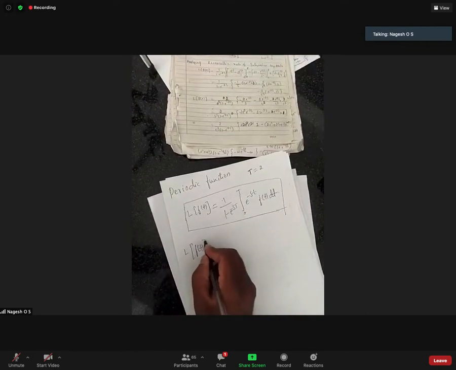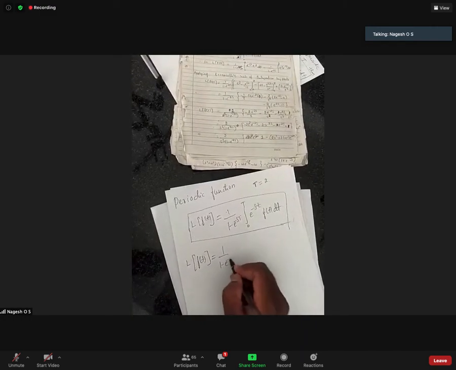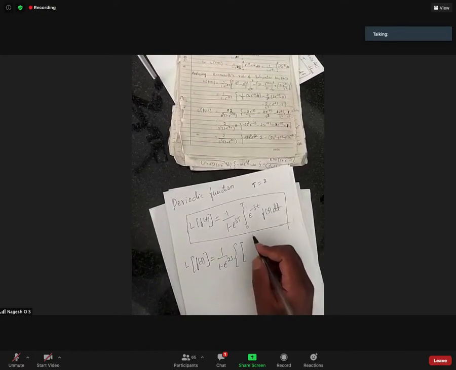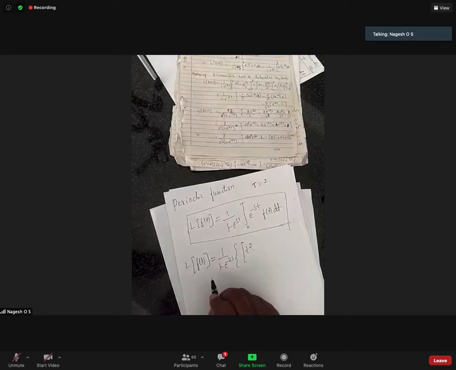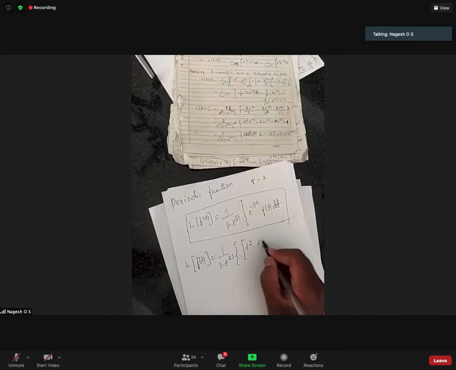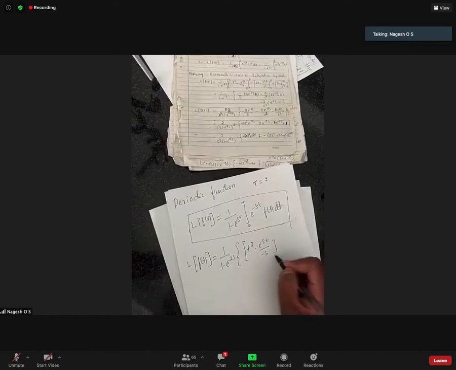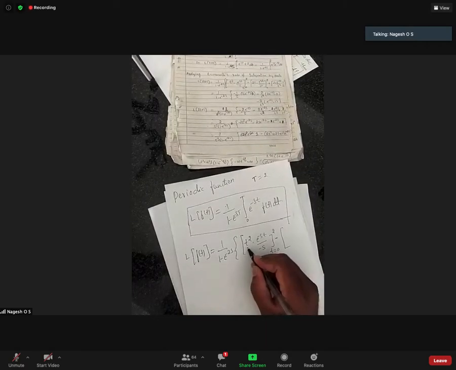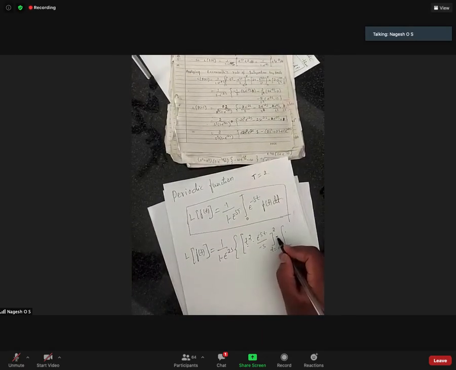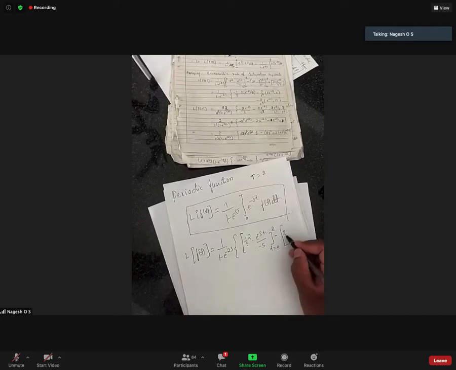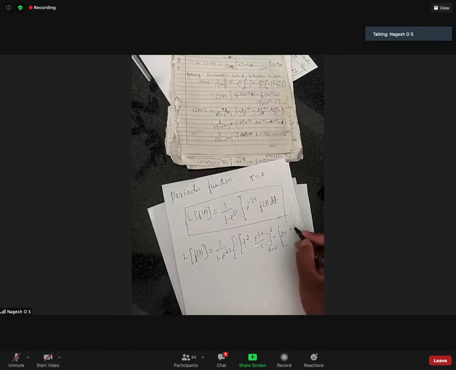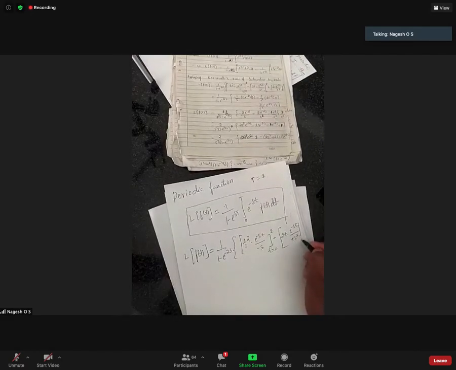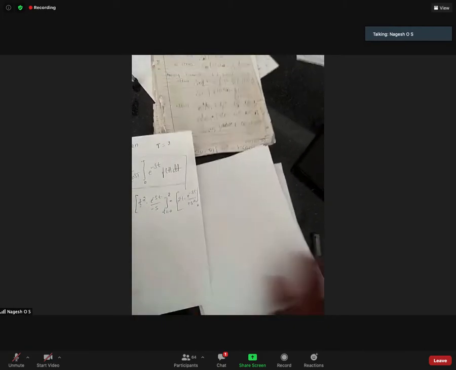L of f of t equal to 1 by 1 minus e power minus 2s. First function is t square. Integration of second is e power minus st by minus s, so limits 0 to 2. Next, differentiation of this, we have to write minus; you know that differentiation of this is 2t. Then integration of this is e power minus st by minus s into minus s, that is s square, between 0 to 2. How will that come?